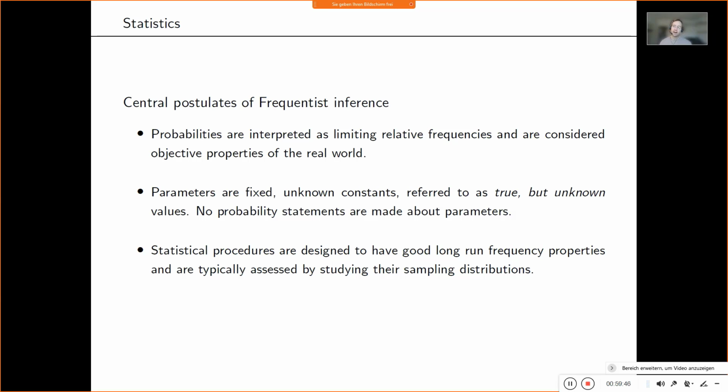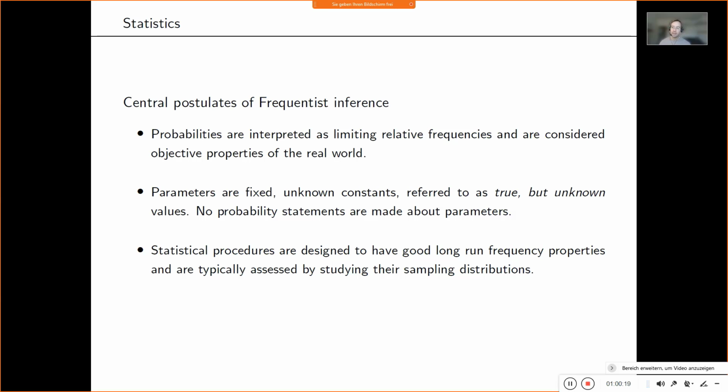It's always a little bit hard for me to really buy into this because if it's a limiting relative frequency, of course it means that you have infinite observations, and nobody will ever have infinite observations, because not any human will have that, because we all die, and whether humanity makes it into infinity, I'm also not quite sure. It's also an idealistic viewpoint. So in this sense, it's also not completely objective.